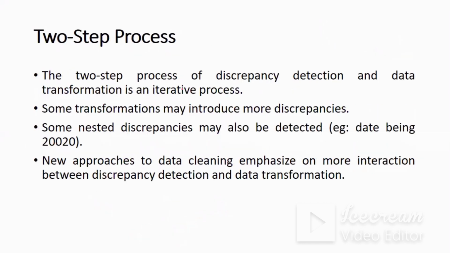This two-step process of discrepancy detection and data transformation is actually an iterative process. The reason is, once we detect the discrepancies and then go for data transformation, new discrepancies can be detected. Some transformations may introduce more discrepancies into the data. That is one problem. And some nested discrepancies may also be detected. For example,